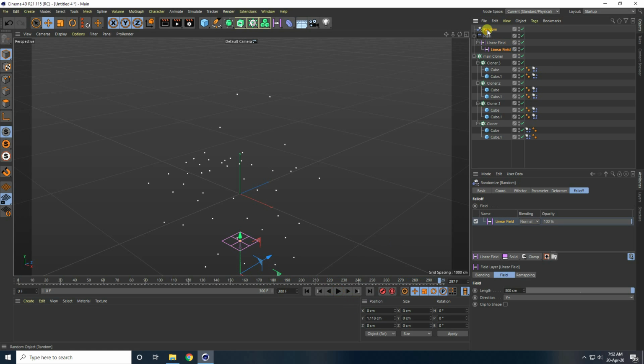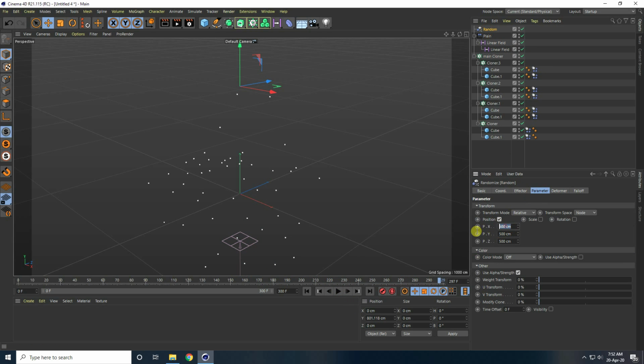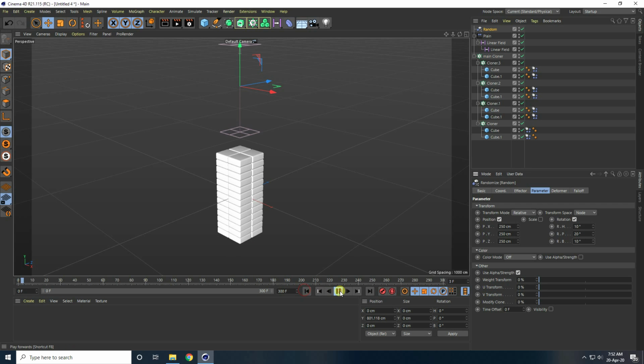Guys, I change parameters, like I take about 250 half. Yes, and rotate a little bit, like 10. I take 10, 20 and again 10, and go back and play.